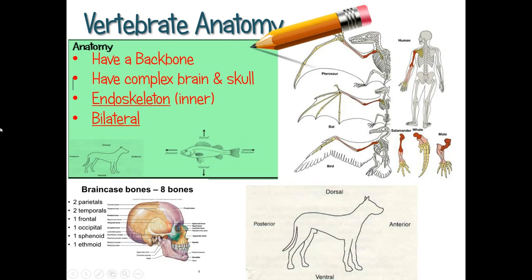So special things about their anatomy, they have a backbone and an internal bony skeleton. All vertebrates have this. They have a complex brain and skull, or it's also called a brain case, that protects that brain. And that brain case is made out of 8 separate bones that fuse together when we're born. They're actually separate. That's why you have little soft spots in your head. And they fuse together to protect that brain, because that brain is one of the reasons why these are the more dominant animals in an ecosystem. And they're all bilateral. There's no other body symmetry in the vertebrate grouping.